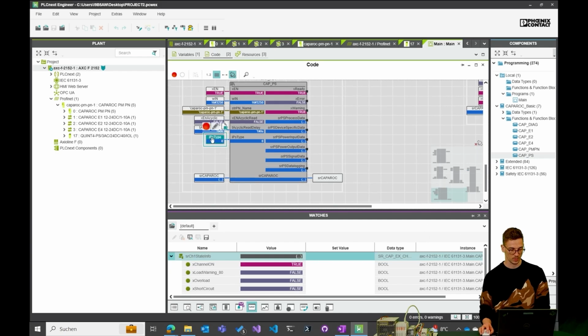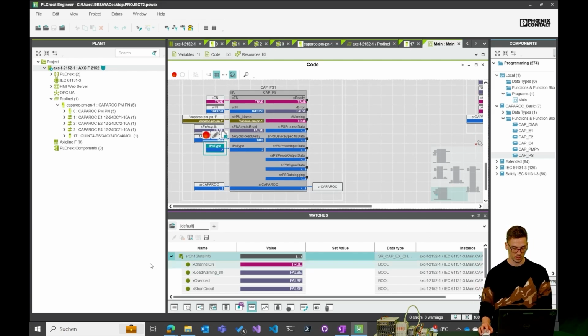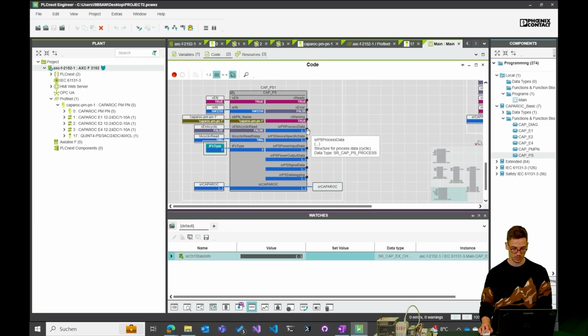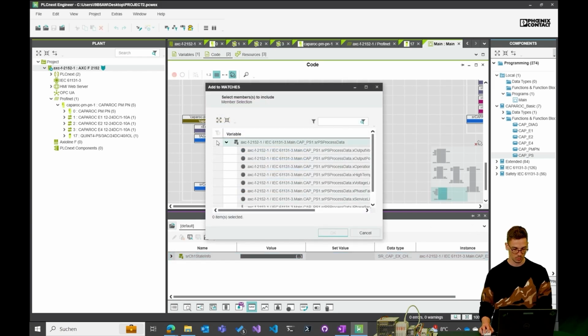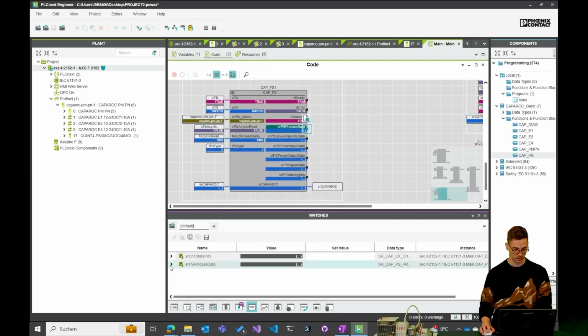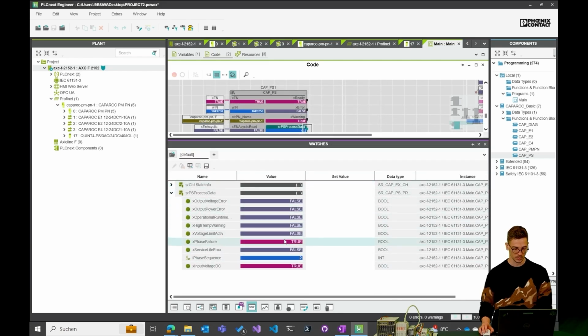Yeah, and here we have the 2. It's not important right now, but here you can put, for example, the process data to the watch window, so you can see what's provided as data. Here you can see this is the process data that's provided. Input phase sequence 2, service live error, phase failure.